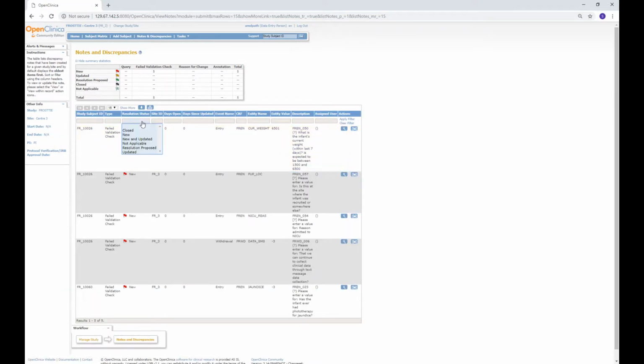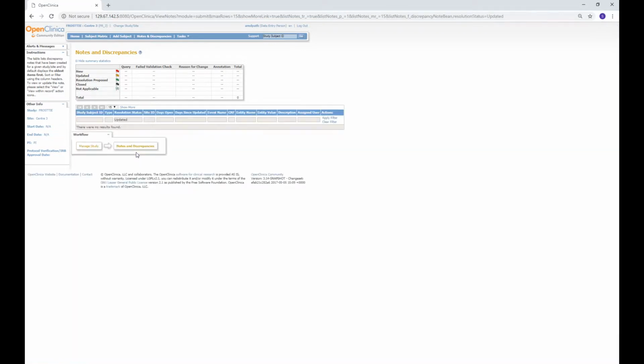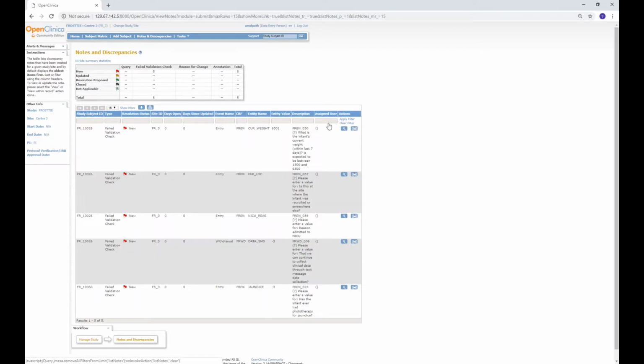Similarly, if I wanted to view all of the discrepancy notes with the status of Updated, I can click in the grey box underneath Resolution Status and select Updated from the drop-down list. As you can see, I don't have any discrepancy notes with that status at the moment, so the table appears blank. So now I've briefly covered the Notes and Discrepancies page, let me demonstrate how to change the resolution status